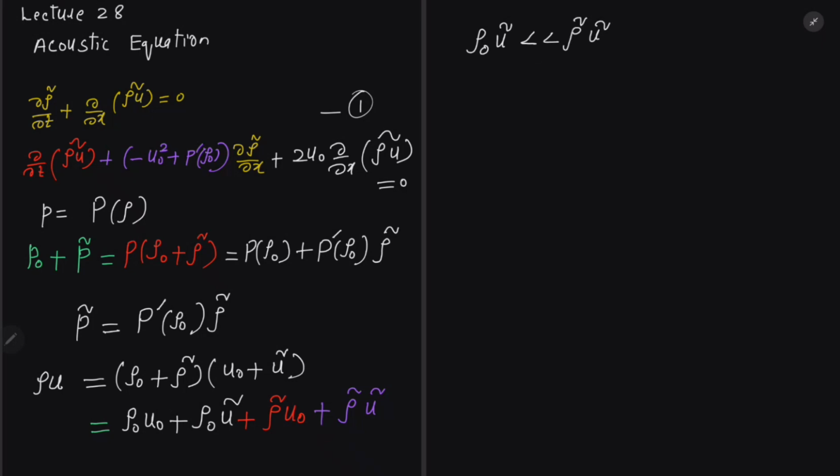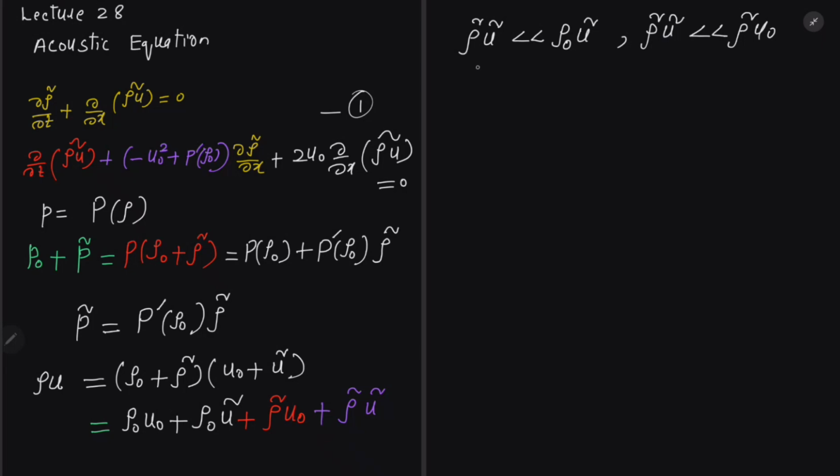I'm sorry, I should write it the other way. Rho tilde, since it is small, rho tilde u tilde is far less than rho naught u tilde, and similarly we have rho tilde u tilde far less than rho tilde u naught. Okay,